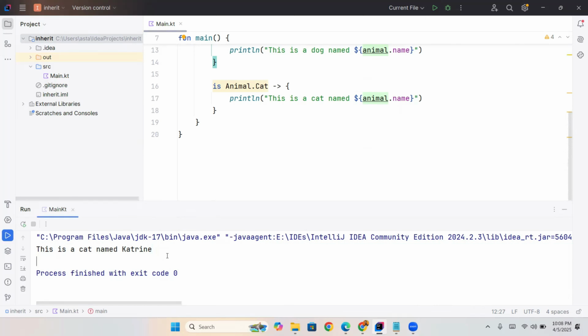Use sealed classes when you want to define a restricted set of types or states. They are ideal for modeling different outcomes of operations like success and error, managing the state in the user interface, and any other scenario where you need a closed set of types. That's it for today. We have covered the basics of sealed classes in Kotlin, and I hope you now see how they can improve the safety and readability of your code.